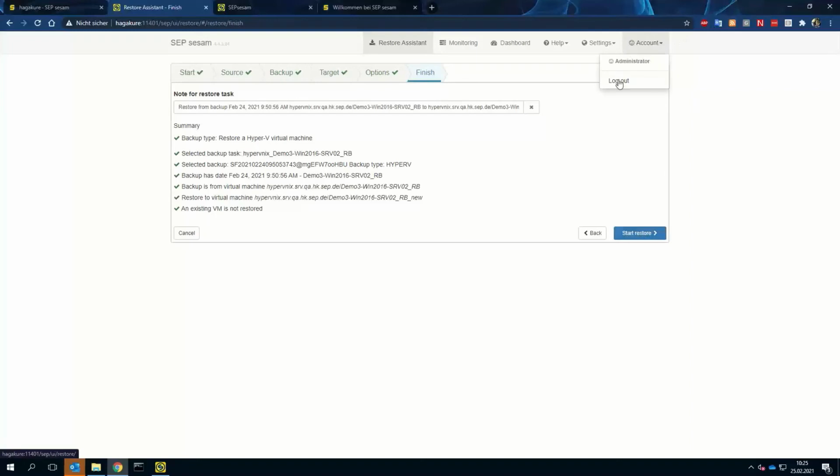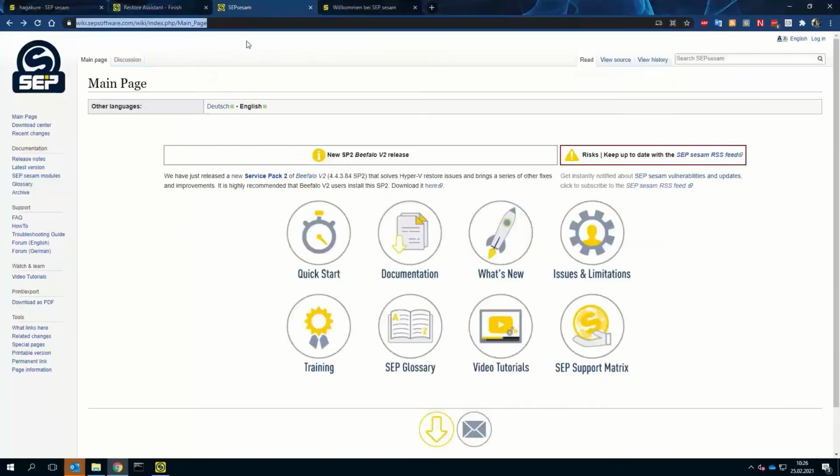Here you have also the account management available. If you have specific restore accounts, you can reduce the access to only this feature like Hyper-V or everything and work with that. Another cool part on that is that this is, of course, working also with all other common hypervisors. So if I choose my demo system, my other demo system as an example,